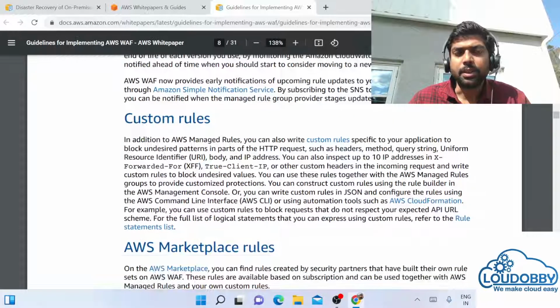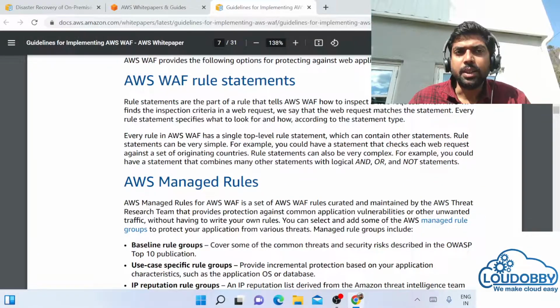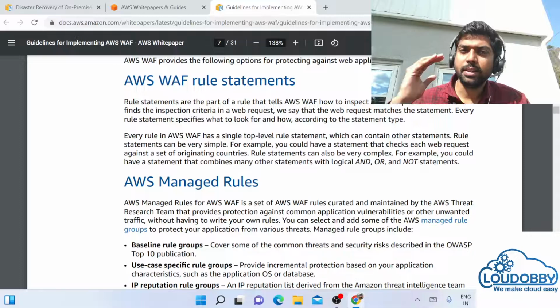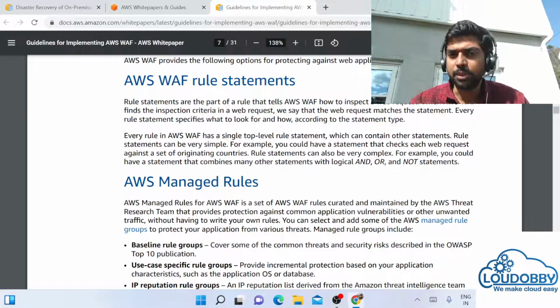Okay, now I think I skipped this part. If you see the rules, this is very important. WAF rule statements. What are rules? This is the rule which will be strictly followed by our application, and this rule will have a single top level statement, and then there will be multiple sub level rules.